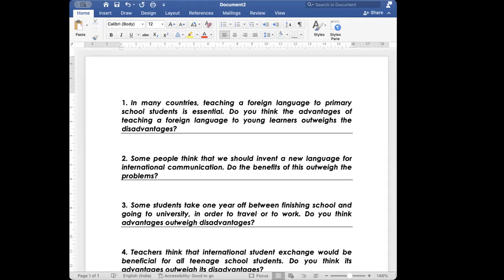And this week I'm going to teach how to handle an opinion essay, which is an advantages more than the disadvantages essay. So there is a similarity between this type of opinion essay and the discuss essay. Can any one of you tell me the similarity which is there in this type of opinion essay and the discuss essay? Let me see how much you've understood what I have taught so far.